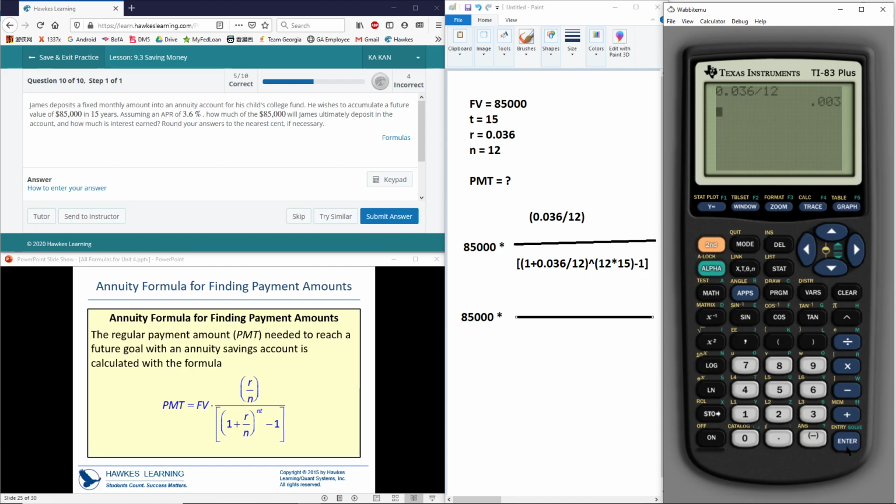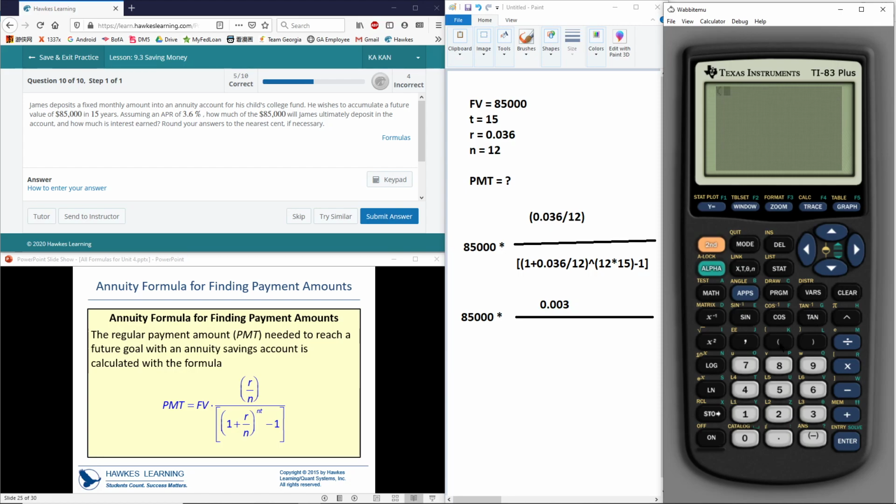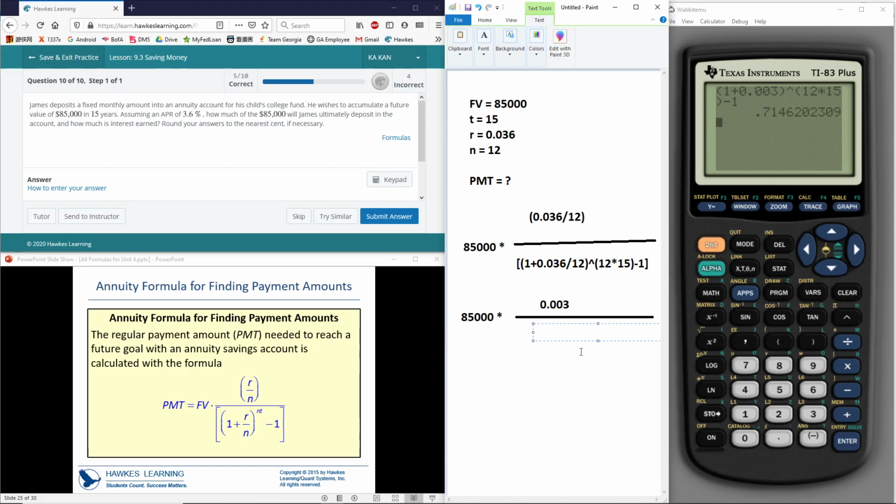So that's 0.003, like this. Now what about the bottom? Let's try. Parenthesis 1 plus 0.03, because I've already put it in the calculator a second ago. So close parenthesis, right? Raise it to the power of 12 times 15, which is 180, and then minus 1. So that should give you